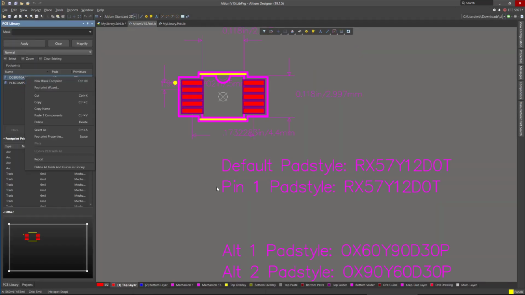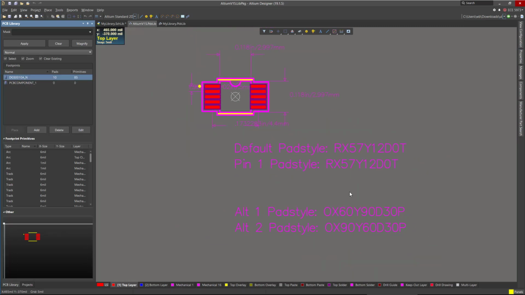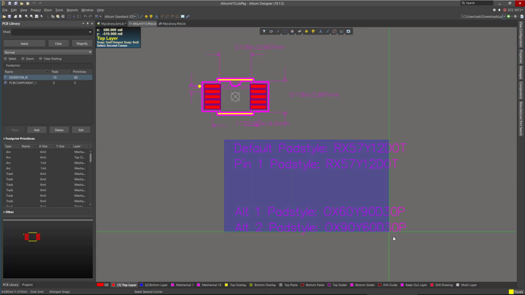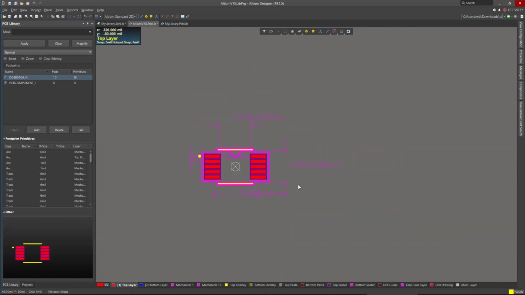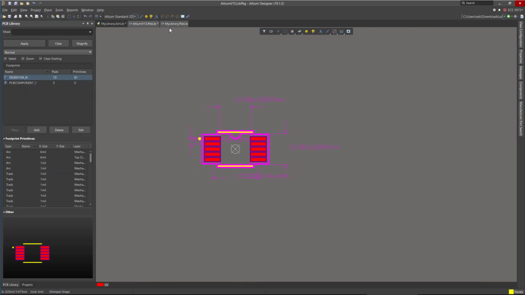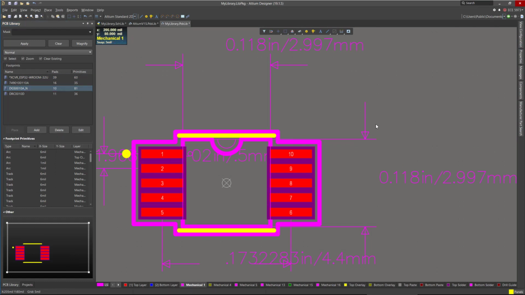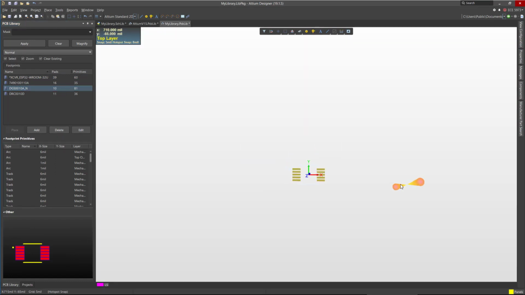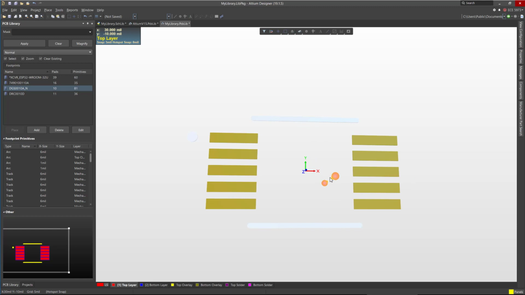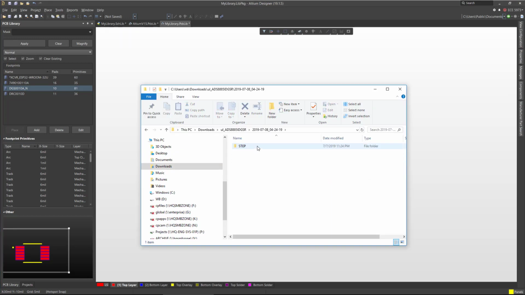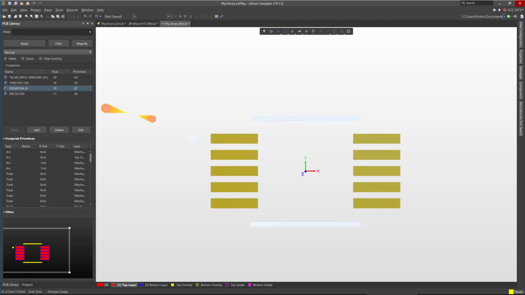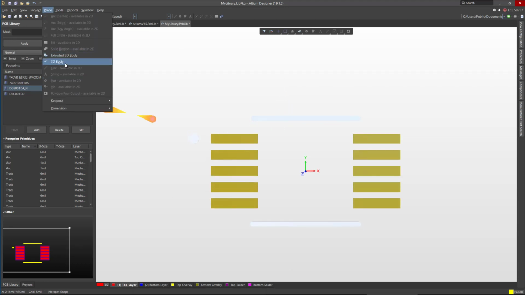Just copy this component. You have a lot of mechanical layer information. What you can do, basically you can delete these. You really don't need them. So copy, go to my library, paste one component, and this one still doesn't have a 3D model, so we need to place a 3D model. Remember, we had the 3D model as a step file in this folder. So place 3D body,